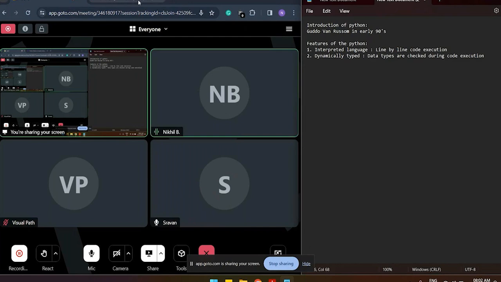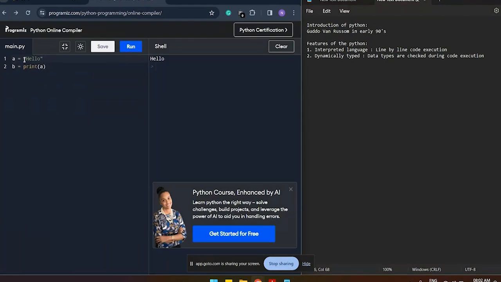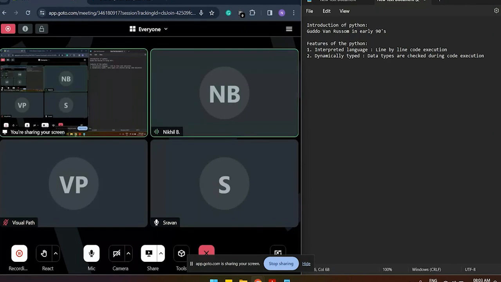We will check one example, just like if we want to check the type of a variable. This is right now a string variable, and if you want to check, we can check the type of a, right? So string is the type of a. If we change the data, like if you write an integer, we will get integer for the same a. If we write a float, we'll get the data type for the same. So just for information, you can check the type of it. Basically, checking the type like this is dynamic typing, right?